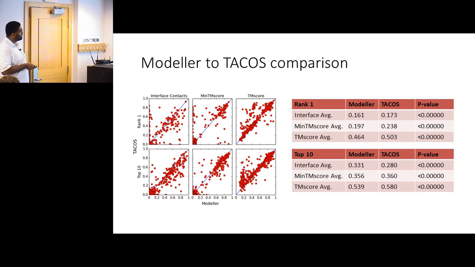Quick note, most of the error is in the interface. It's very dense. It's very easy to generate a clash when you're moving stuff around here. So a lot of my interface moves get rejected. So I'm working on reducing the clash penalty to allow these to go up. But you do see that generally the overall structure similarity is above this line here. And there's quite a few structures where you find something in Tacos, but you don't in Modeler.